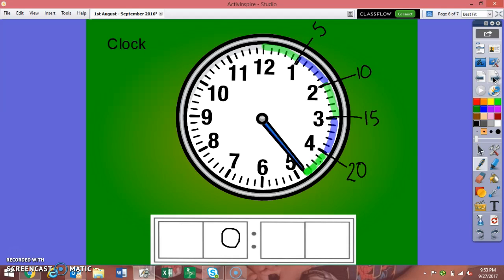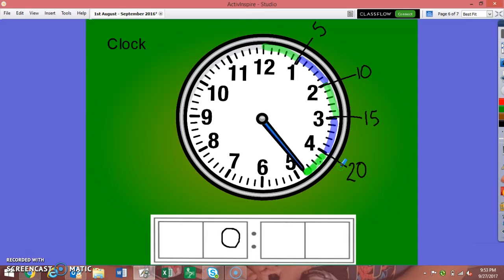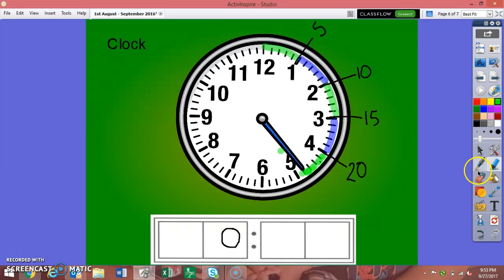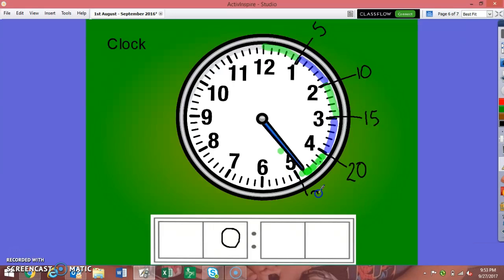Then we move on to our clock. So just like the counting strips and the 10 frames, I add a minute each day until we get to an hour, and then we talk about the hours and the half hour. So I would add that that's 25, and after each big number we talk about, remind them that each big number is a group of 5. So since we hit the 25th mark, I would make a line and I'd write 25, and then we would count